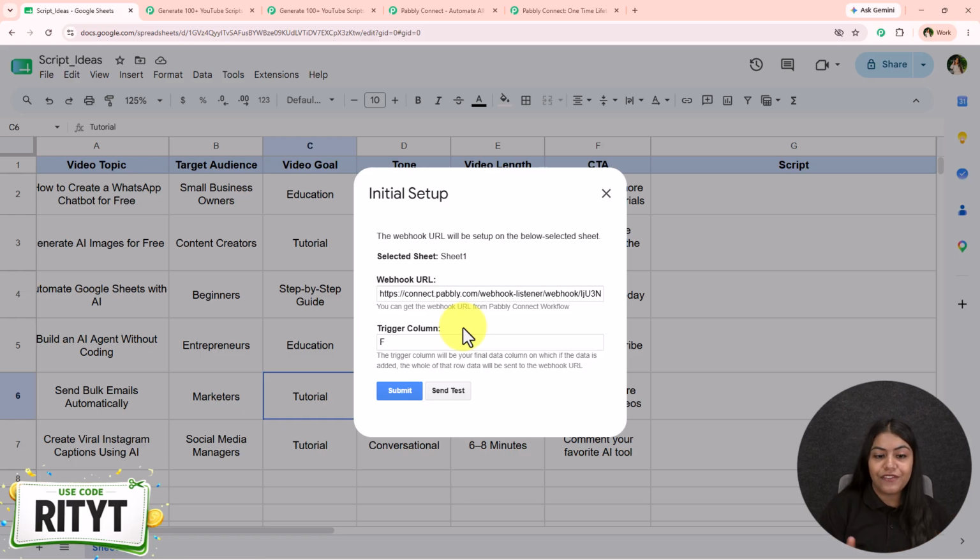If you want to send 5 details, your trigger column will be E. If you want to send 4 details, it will be D, and so on. It totally depends upon you and your own spreadsheet. After you enter both of these details, just click on this button which says submit, and it is going to